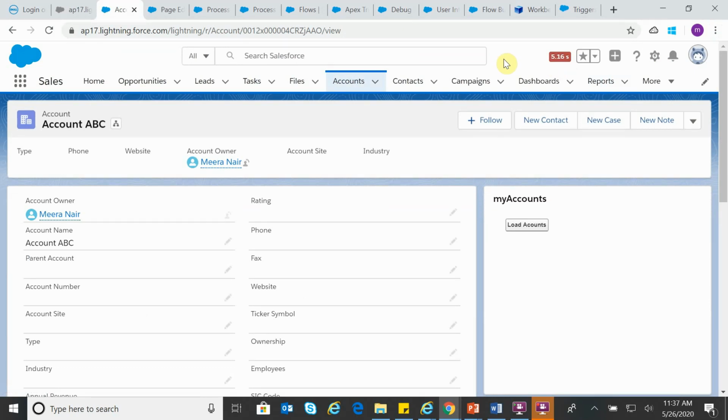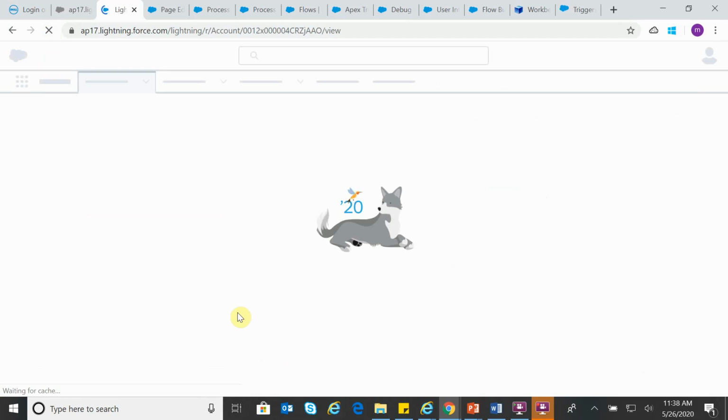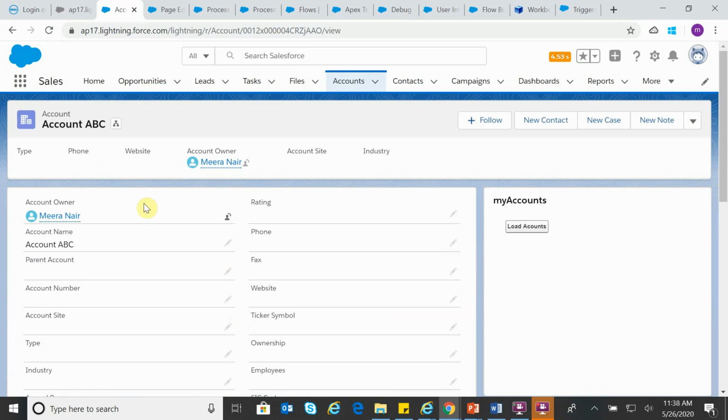If you are in lightning mode and you have Visualforce pages, instead of adding that to your page layout, using App Builder, you can have Visualforce as a separate component like you are seeing on the right hand side. The advantage is that the component is independent and is getting executed without affecting your page performance. Initially when the page is getting loaded, your page load is not affected by that Visualforce component. Salesforce calls that feature progressive rendering. You can see after this page is loaded, only then is this component getting loaded. So your performance is not getting affected.